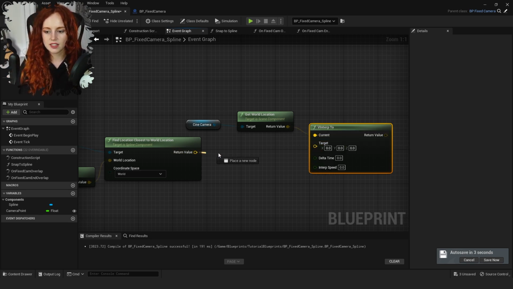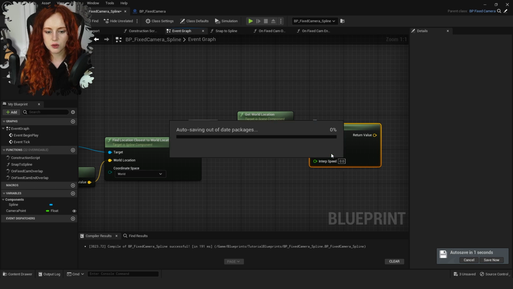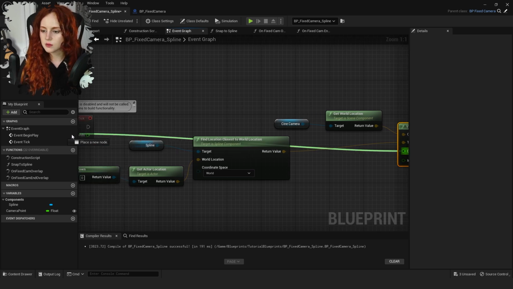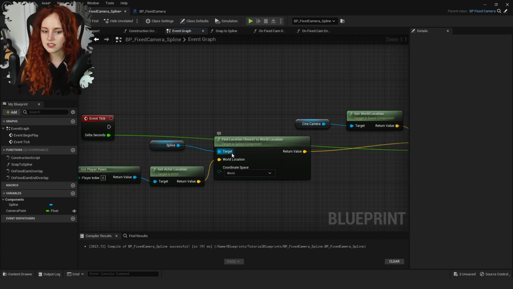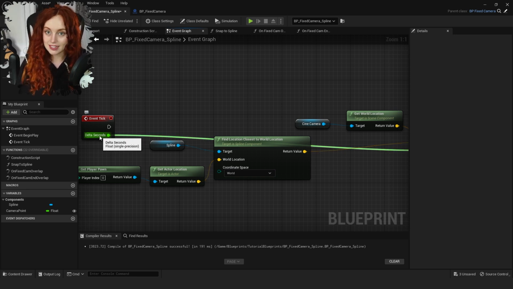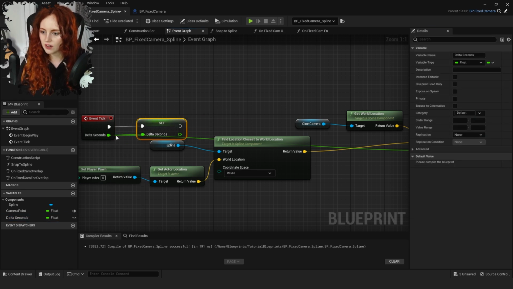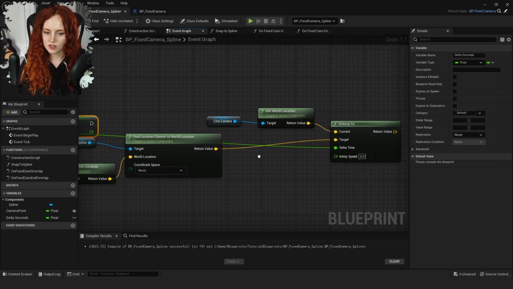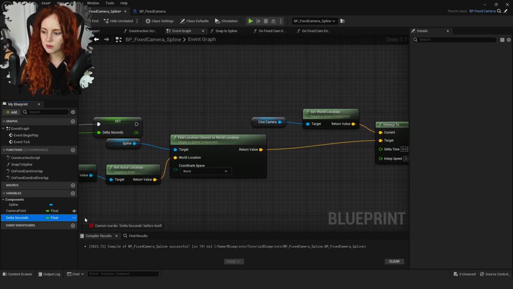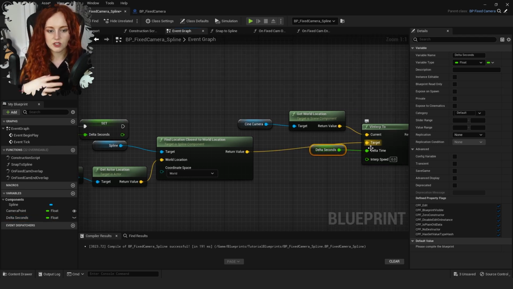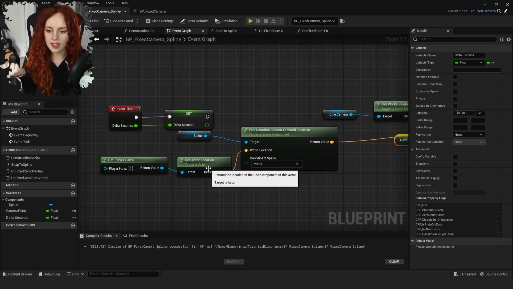And the way that you set up the smoothness is through delta time and interp speed. So delta time is what we're going to hook into delta seconds. And actually, to make this not be spaghetti, which blueprints can easily become, I'm going to promote this to a variable. And then instead of having loads of strings everywhere, every time we need to use delta seconds, we can just hook it in like that. So it's using delta seconds to interp to the target location, which is based on where the player is along